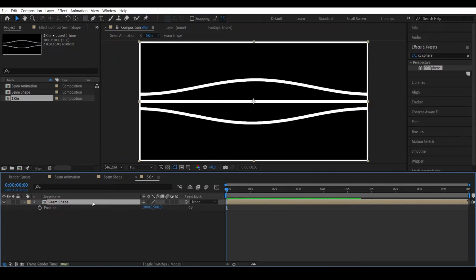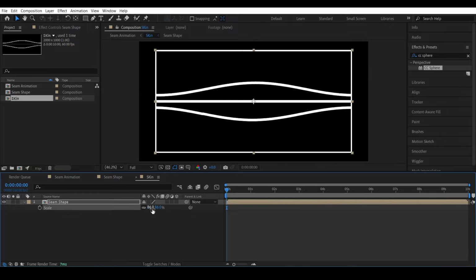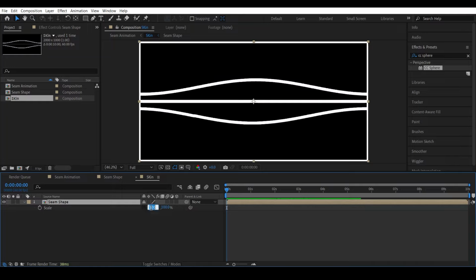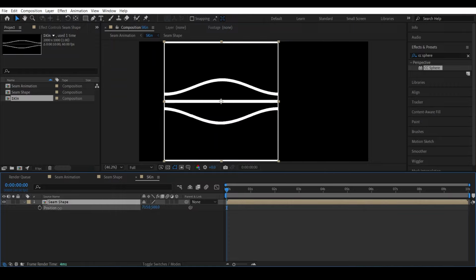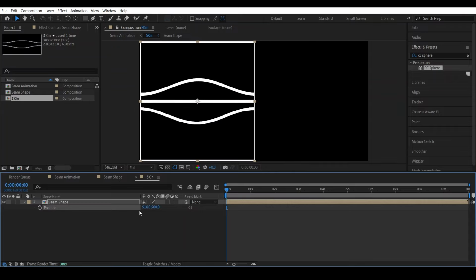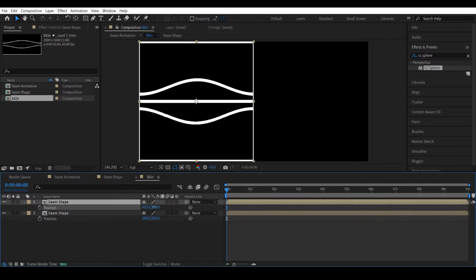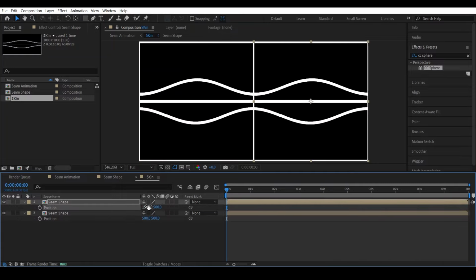Now the first thing you need to do is go to the scale, and if you scale it down, it scales down proportionally, but we don't want this. We need to scale it unproportionally, and we need to make it 50% so that it's half its length. So now we go to position, take it to the side, or we can just make it 500. All right, and then we can duplicate, go to position, and we can make it just 1500, and then we